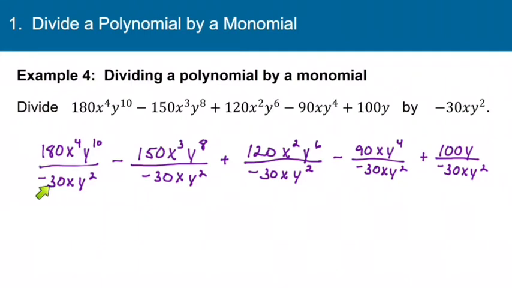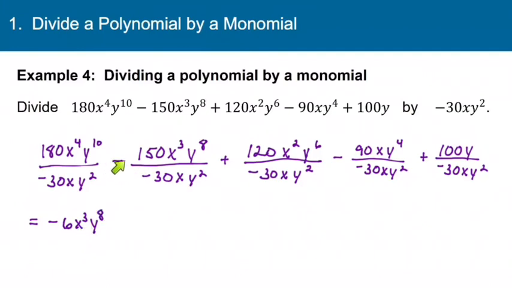180 divided by negative 30 will give you negative 6, because what happens is this is 18 times 10 and this is 3 times 10, so the 10s cancel, and 18 divided by 3 is 6. Of course, positive divided by negative is negative. Here we have x to the fourth divided by x, that's going to be x to the third. And here we have y to the 10th divided by y squared, that's going to be y to the 8th. Okay, moving on to the